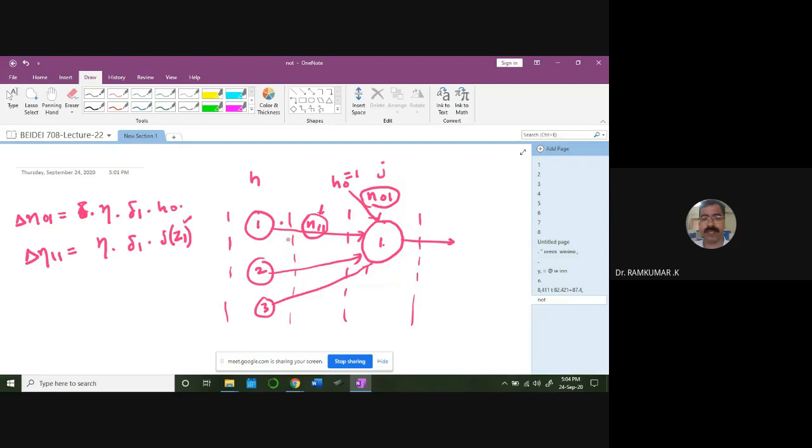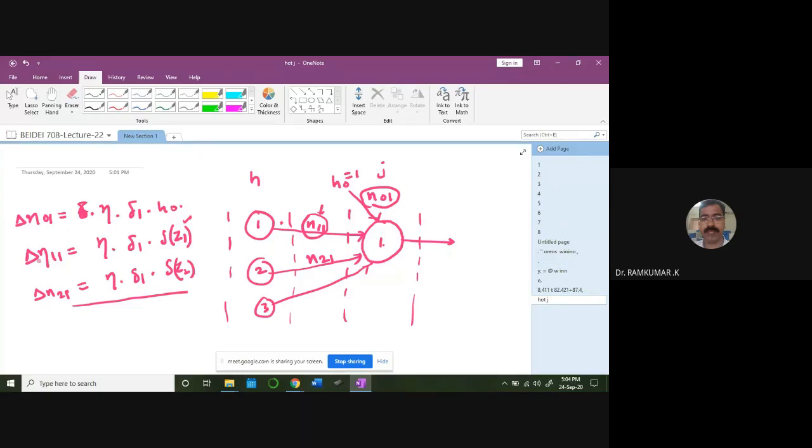For example, I'm going to update this value. This is going to be N Hj into 1. What will this value be? Can somebody help me out? What is this value? Learning rate times the delta. For the same output neuron, the delta is not going to change. The same for S of Z2. This output ZH, ZH is 1, 2 like that. So you can update the weights accordingly.